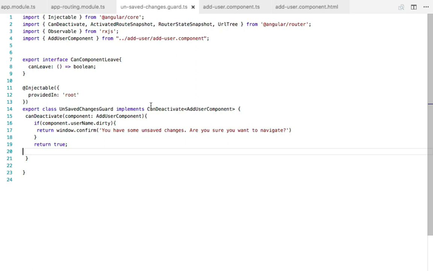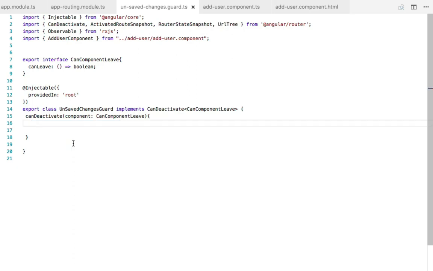So now we can get rid of this specific component name from here, and we will put our interface name here instead. And now this component will also be of type CanComponentLeave. And in this case, we can get rid of this specific code. And now we can check this method here.